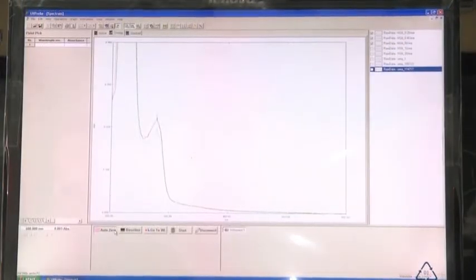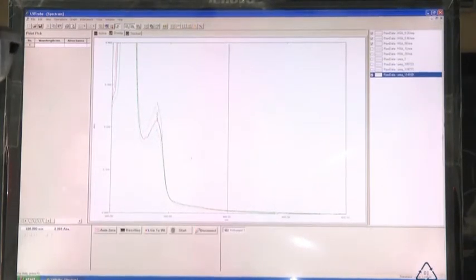Now, we have taken 1 molar urea, doing the auto zero. Now, it is done, let us start. Here we can see there is an increase in the peak intensity. This is for 1 molar urea solution. And we can calculate the intensity at around 278.